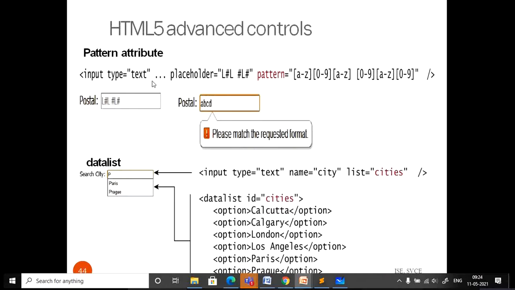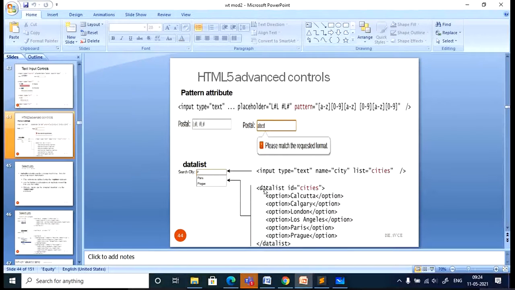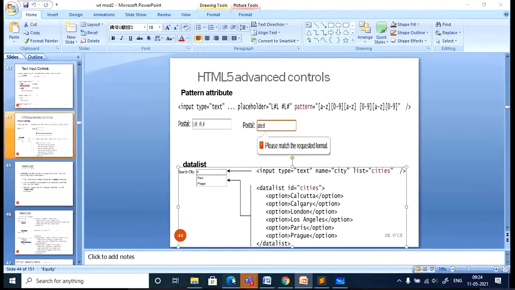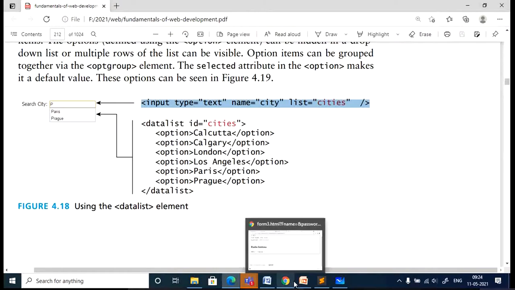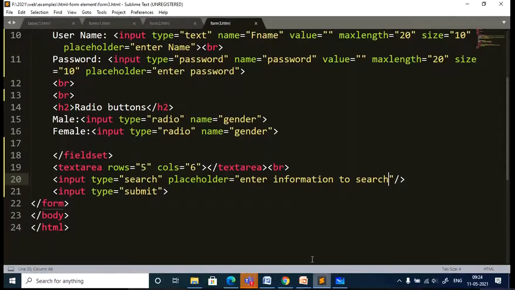Before going to this, first we'll go with the datalist. What does the datalist indicate? The datalist is going to give a list of choices. It is a normal input type, a normal input of type text. For this you can specify the list of information or items they can select. It is predefined information that you are going to list.